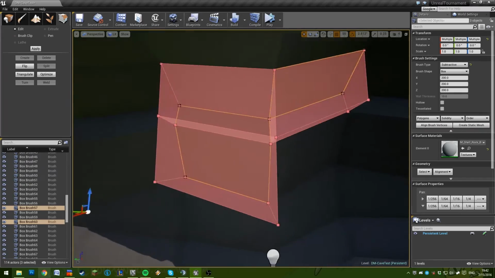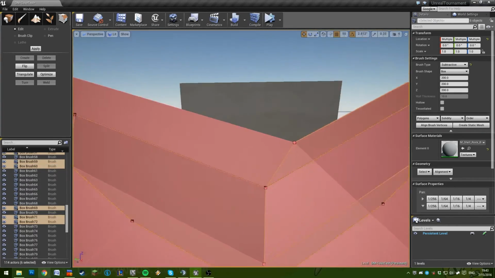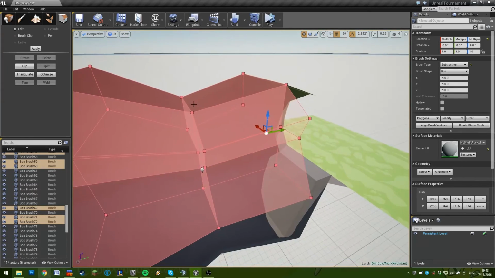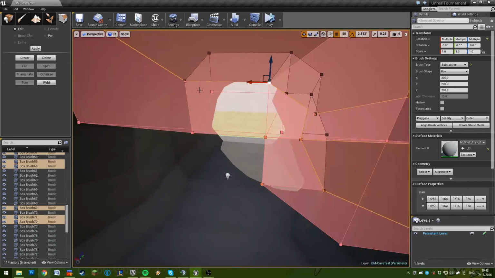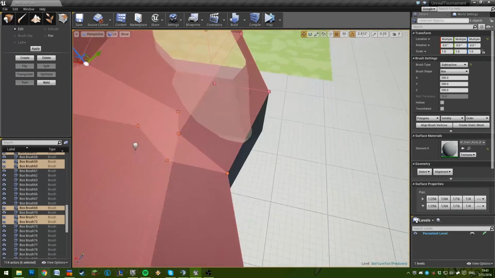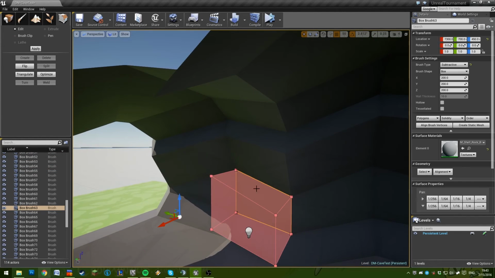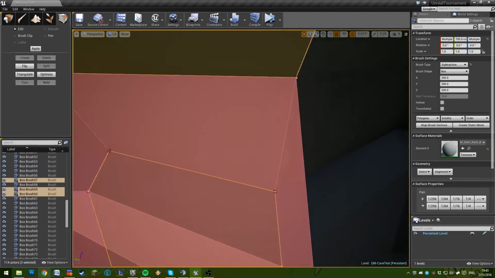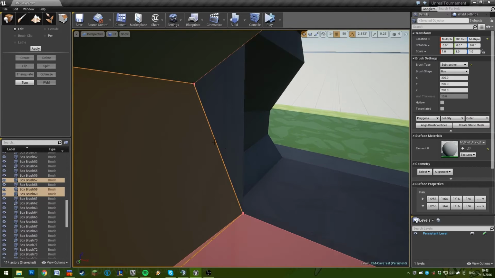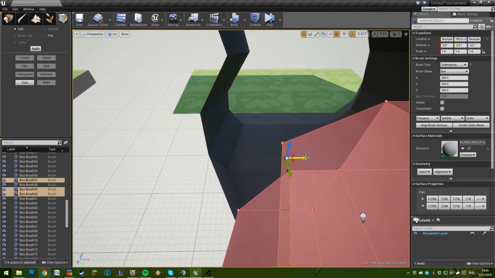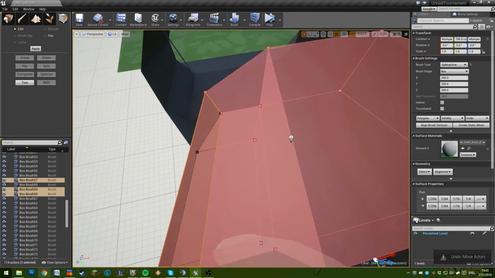The best thing to do is select a few brushes around the area that you want to change, and then very, very carefully try to work out exactly how you want to do this. It's almost even better to do it one half and then match it up. So let's select these. Let's say we wanted to skew this slightly. I'm going to grab these two faces and I'm going to shift them over slightly. And I've already messed it up. So let's just grab